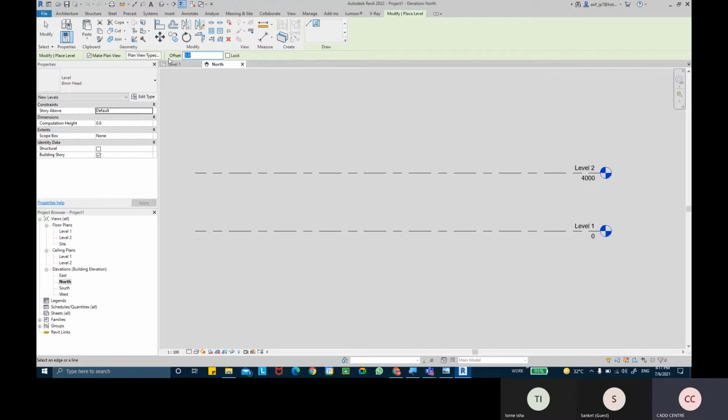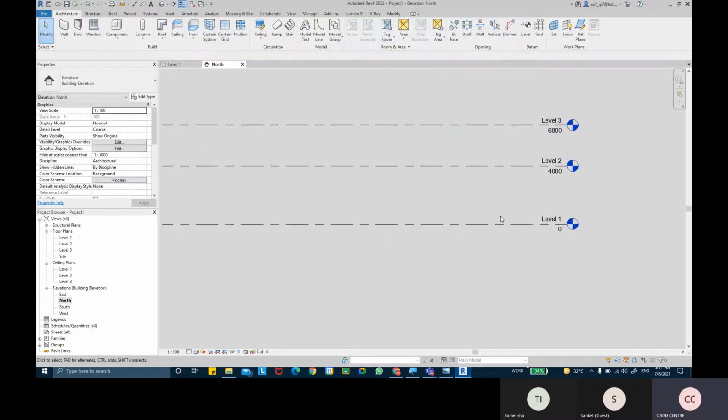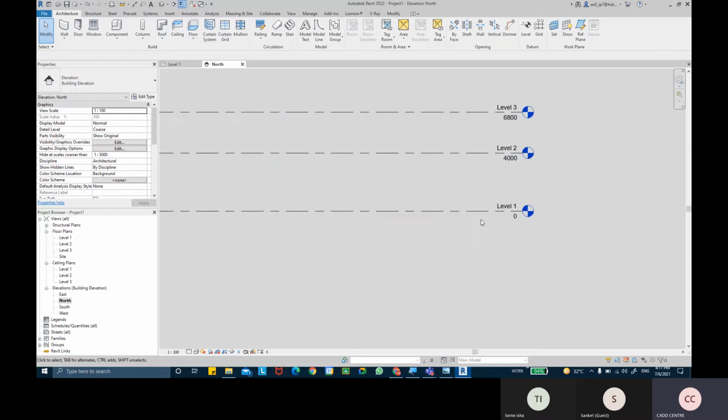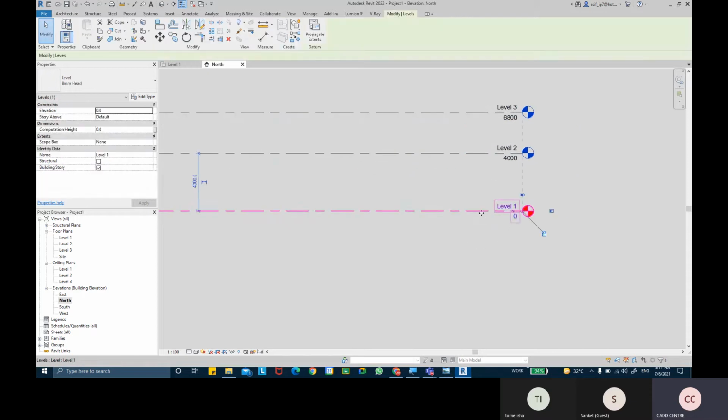I'm going to set this at supposedly 2800 mm. Okay, so this is level 1, level 2, and level 3. You can rename these levels. I'm going to call this level the ground level. You can call this level the roof level.